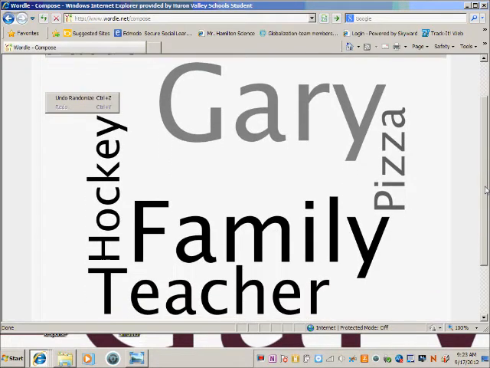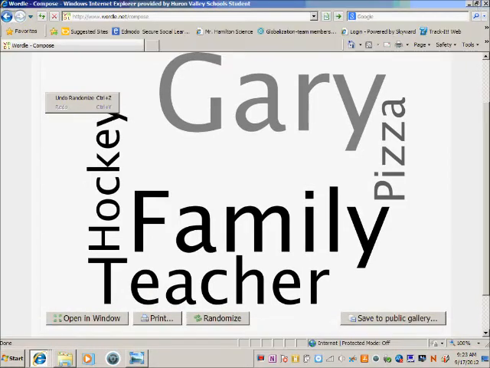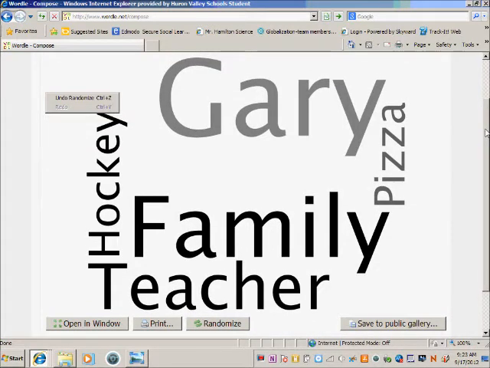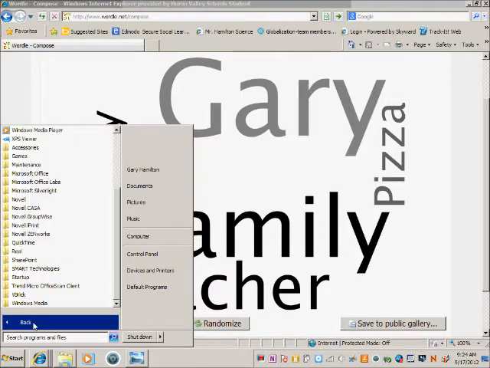Now here's the cool thing. When you're done with this, what you can do is a screen capture and save it as an image. Last year with Windows XP, you had to copy, do a screen capture, paste it into the Paint program, and then save as a JPEG. Now with Windows 7 it's a little bit easier. You'll click on Start, and this is new to some of you, and you'll click on All Programs, so I want you to listen. If you go to Accessories,